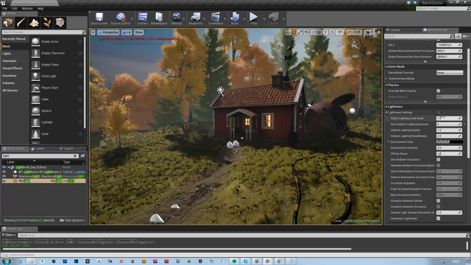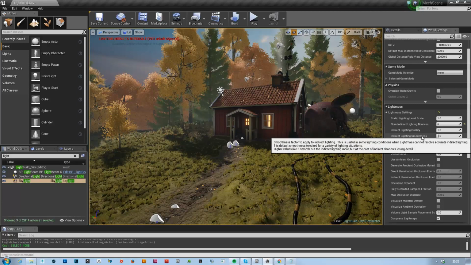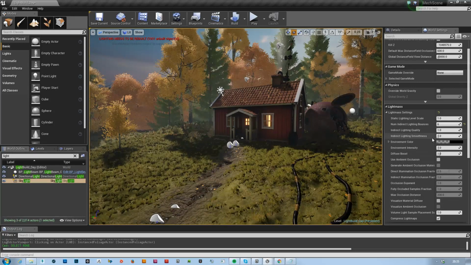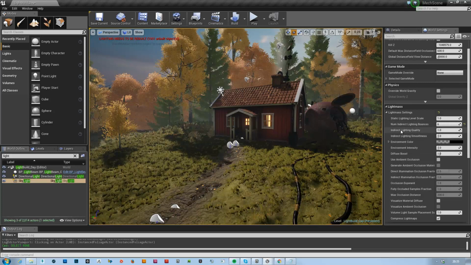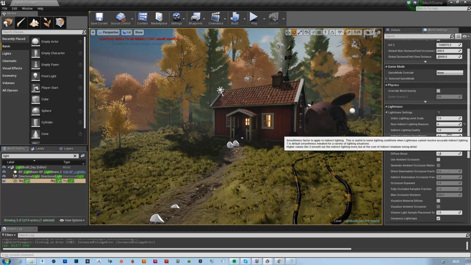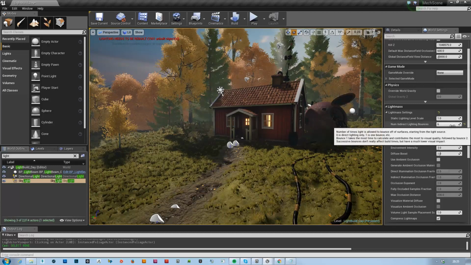Now, these top settings here, static lighting level scale, num indirect bounces, indirect lighting quality, and the smoothness. They are the absolute guts and meat of Lightmass. Those are the most important settings that you will ever need. You have tooltips, so they explain quite well what's going on. So you can read here that 0 is direct lighting only, 1 is 1 bounce, and now the interesting information